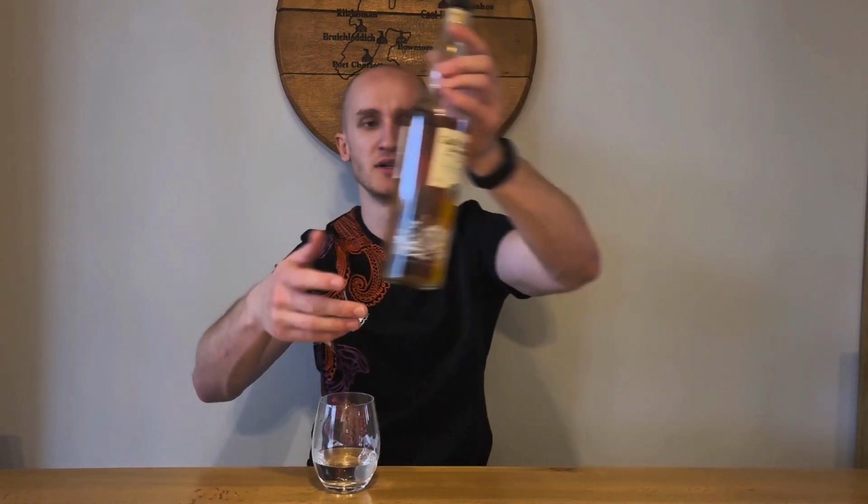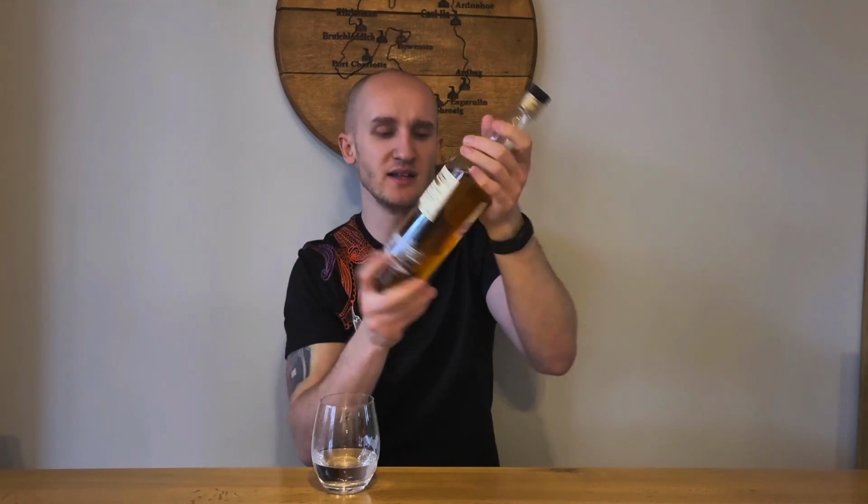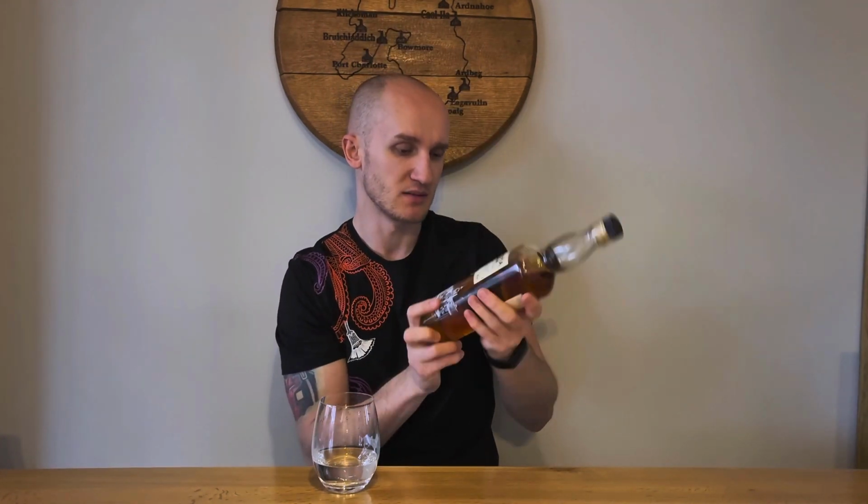The Glen Scotia especially being non-chill filtered. Shame about the colouring. I mean, the colouring's not an amazing colour, but I'm assuming it must be very, very lightly coloured for them to add some colouring to it. But the non-chill filtering aspect for me just definitely, it's a pioneer, or it should be a pioneer. People should be looking out for that